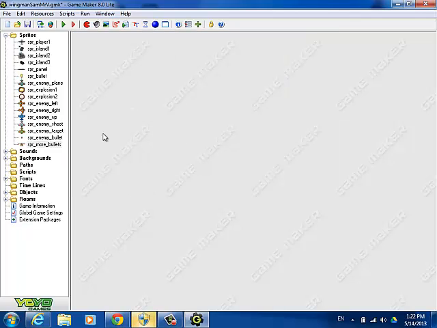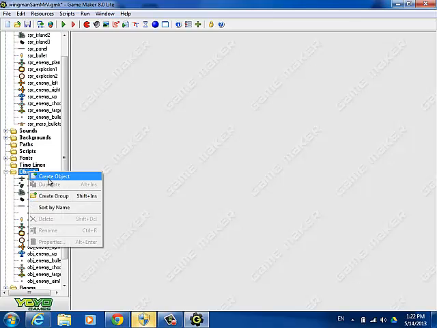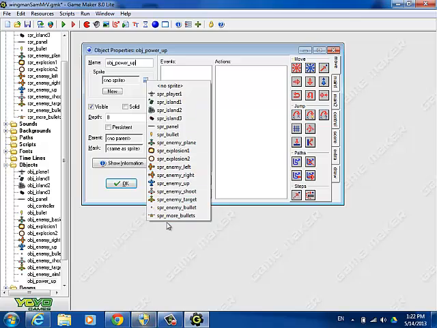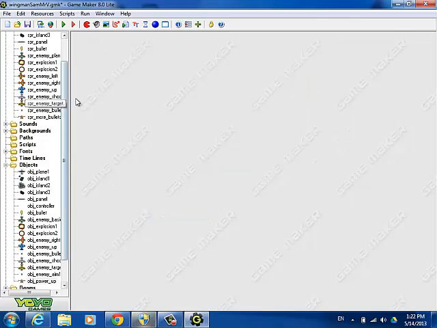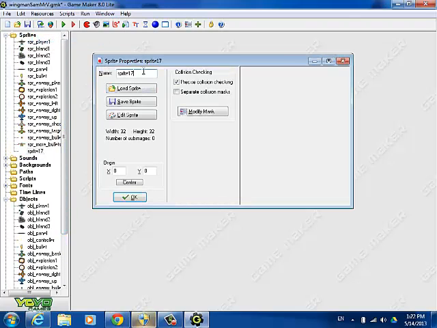All right. So now we'll create an object for that as well. So here's our new object, and then we'll just call it object. This is our power up. We have to decide what that's going to do still. Okay, and we're also going to do different types of shots as well. So we're going to need the sprites for that. So we'll say sprite,